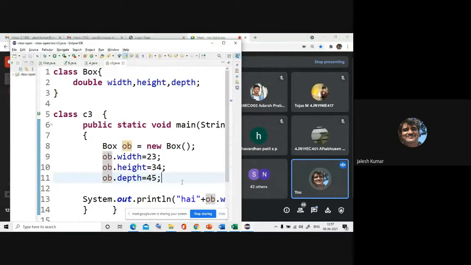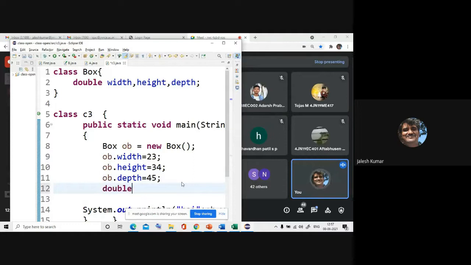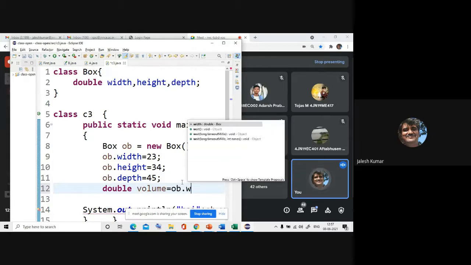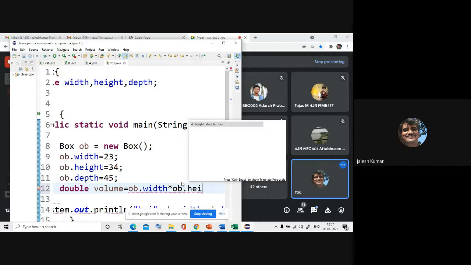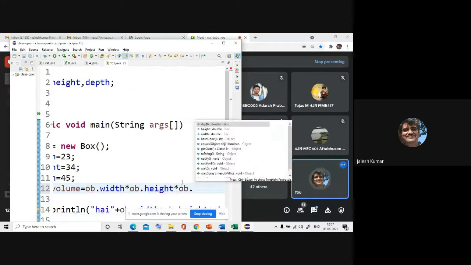Now you can do the calculation also. See, double type volume I wanted to find. Volume is equal to ob.width multiplied by ob.height multiplied by ob.depth.